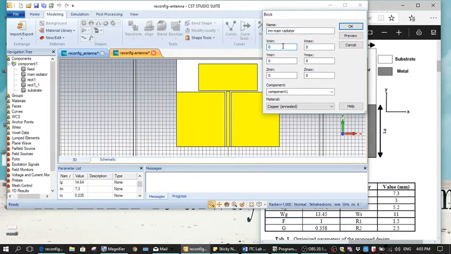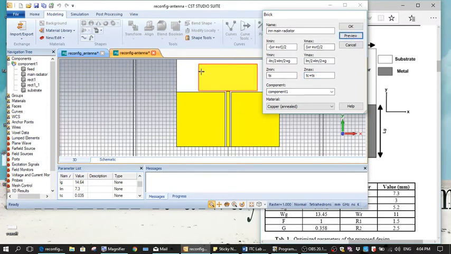Okay, let's assign it the same dimensions, which were WR plus WL was WR and WT by 2 to, and this was negative of Lm by 2 to Lm by 2 plus G, Lm by 2 plus Lm by 2 plus G, thickness of copper substrate, thickness of copper plus thickness of substrate. Okay,